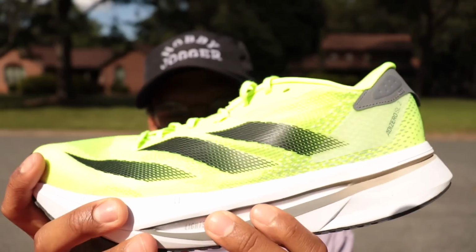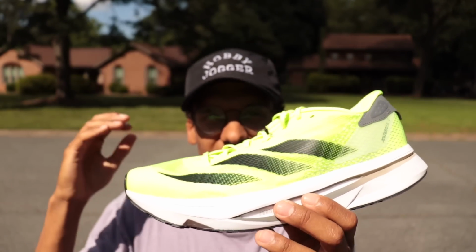Very flexible, very soft. So I'm 160 pounds, 6'2". This is a new variable that I've been thinking about recently. So I'm 6'2", but I have only a 10.5 size foot. So my feet are a little bit small, I think, for my height, versus I would say the average height for a size 10.5 is probably somewhere between a 5'9" and 6 foot, if I had to guess, for most